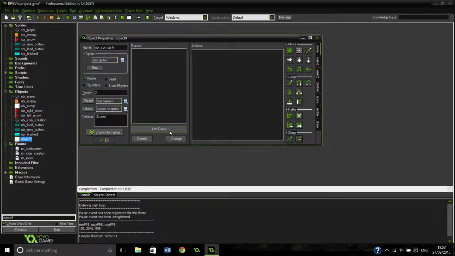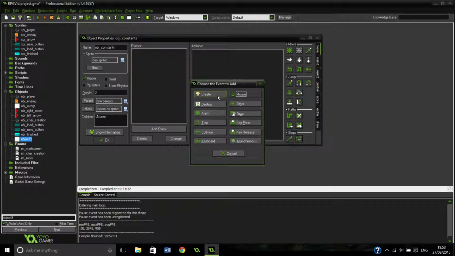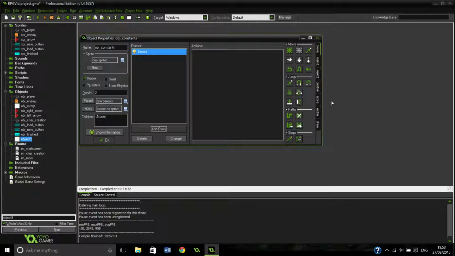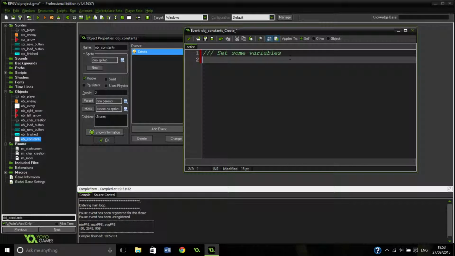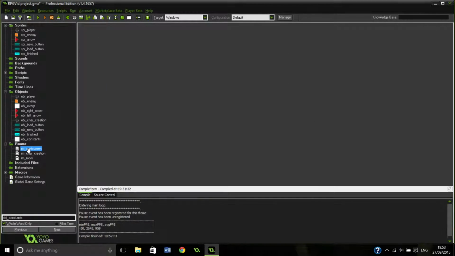And this is another cool trick I use. Basically it sets variables, but it only comes up once, so we're not going to overload it with variables. The ones in every single room will set every single room we go to. This will only set it once at the start of the game. So global dot, actually we can just paste it in. Yeah, there we go. Now go into our start screen